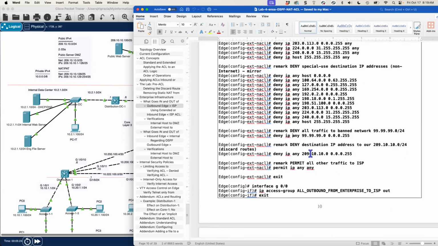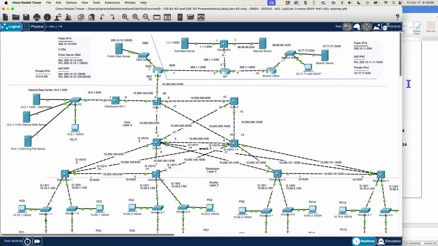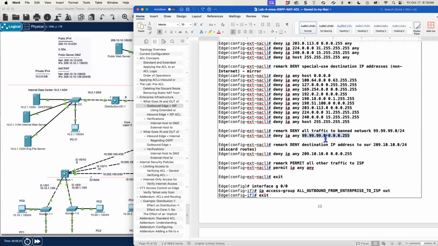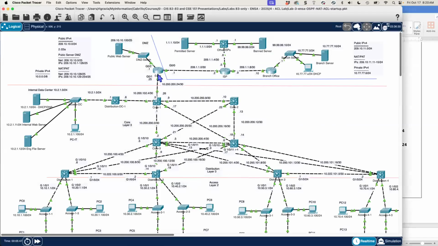Here we're denying any source IP address going out to the ban network. That's what I have here, ban server, ban network. So we're not allowing, that's just an example of how we can deny packets going to a specific network. This is where we do our discard route. We are denying any IP packets, any source IP address, going to this destination IP address. This is making sure that we are not sending packets with the destination IP address